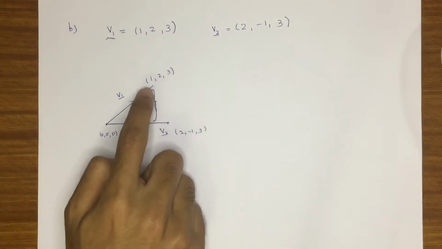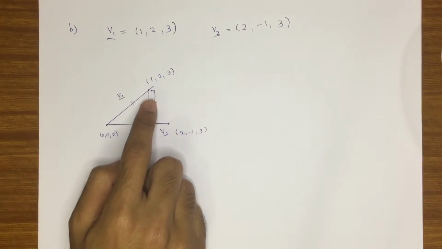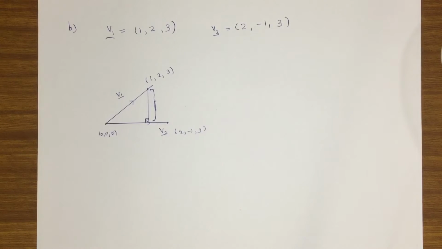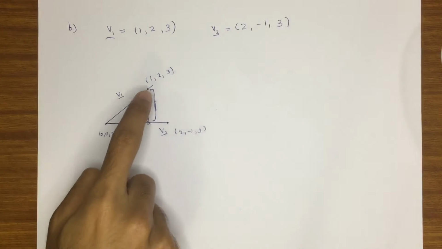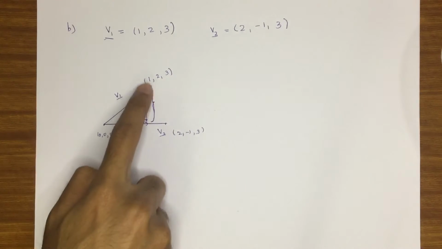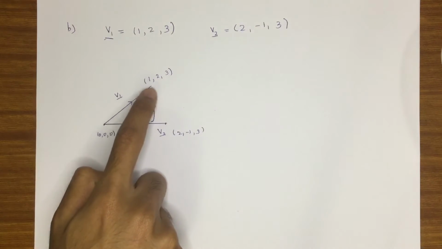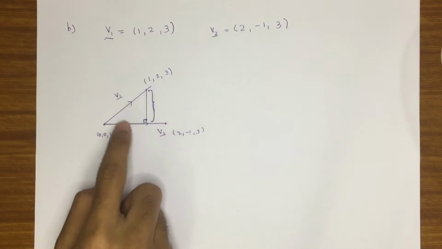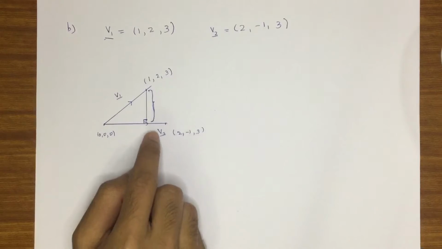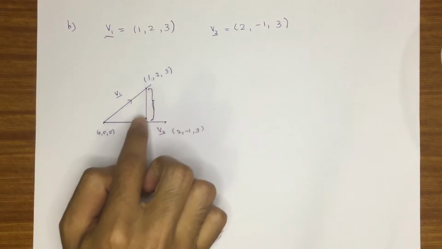We need to find this magnitude, because they are asking only about the scalar component of this orthogonal projection. Orthogonal projection, they are mentioning the order from V1 on V2, which means we need to draw the orthogonal projection from this point to this line. If you draw to the line, some might think we need to find this